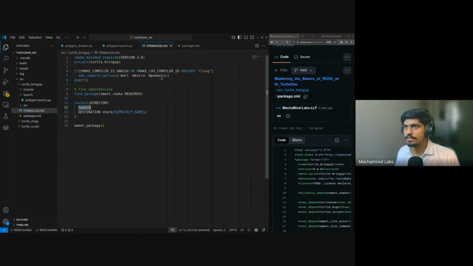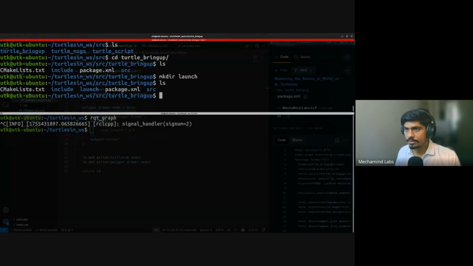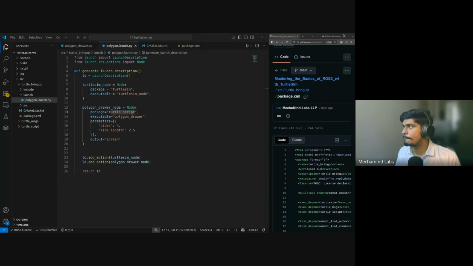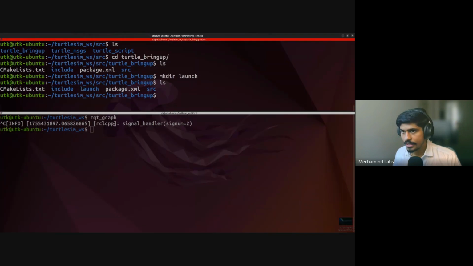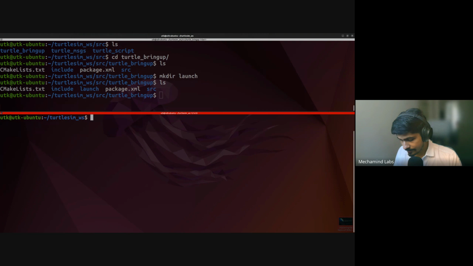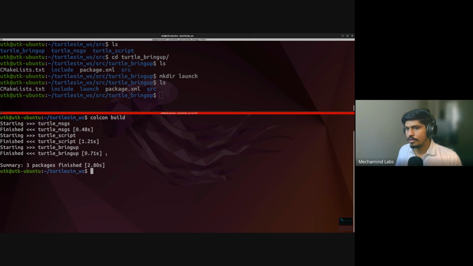Okay, we will just save it. This is saved. We will quickly go here and we will build. Colcon build. All 3 packages are built now. Now you see the magic. Now let's source